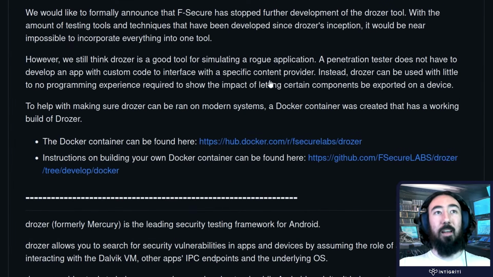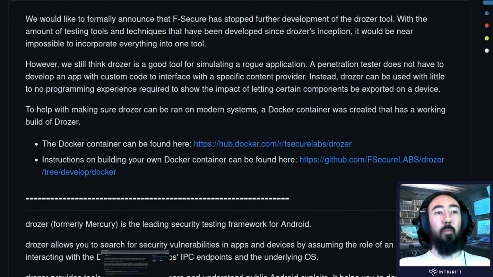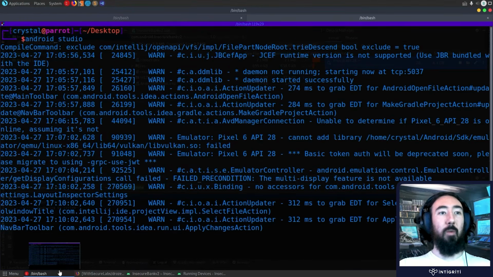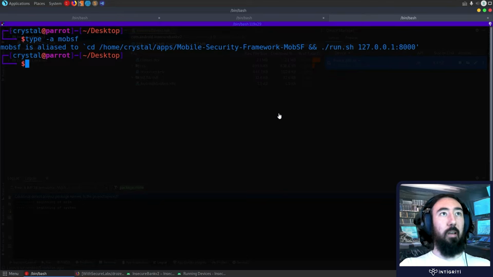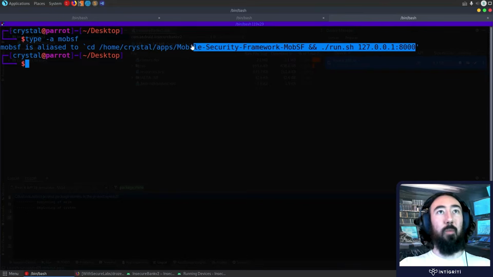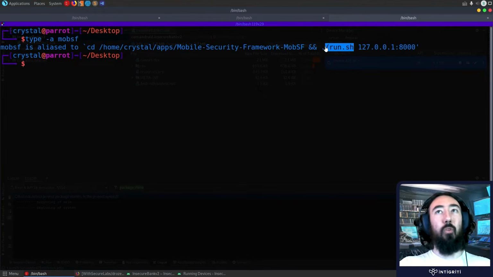Although they're not maintaining it anymore, they do still suggest that it could be useful. But what we are going to look at is the mobile security framework. I've got an alias set up for this, so let me just do type -a MobSF. This one is basically just going to run the run.sh on localhost, port 8000. If you want to do dynamic analysis, you don't have to, but if you want to, you'll also want to do